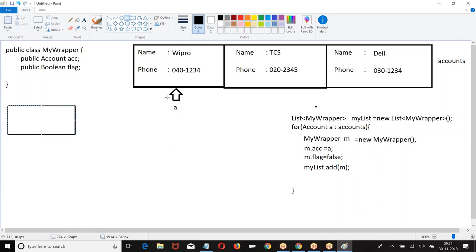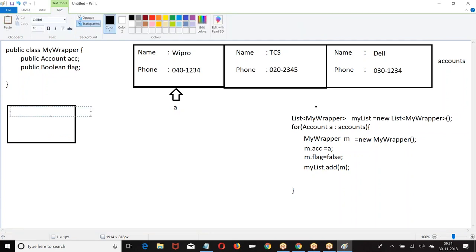What is A? This is A. In the A, I created list of wrapper. This is my list. What was it? m.acc equal to A. m.acc equal to A means acc, okay, whatever the record A is referring, same record is assigned to it. Am I right or wrong?